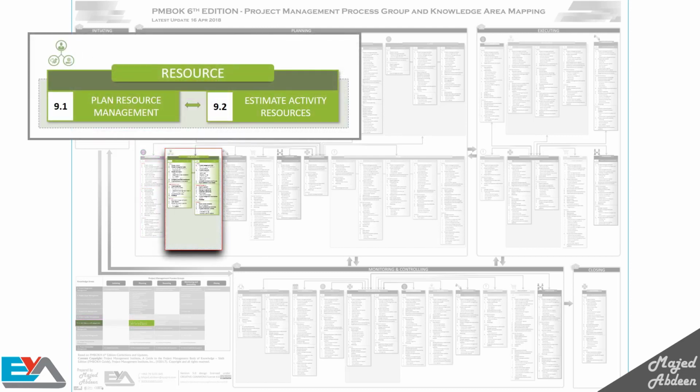Next, we have the project resource management knowledge area. In the old versions of PMBOK, they used to use the term project human resource management, but in this version, PMI changed this to include anything you use in the project which can help you to complete the project successfully, like labor resources, the team, or tangible resources like equipment, materials, etc.